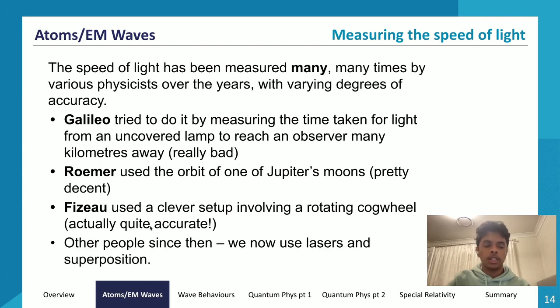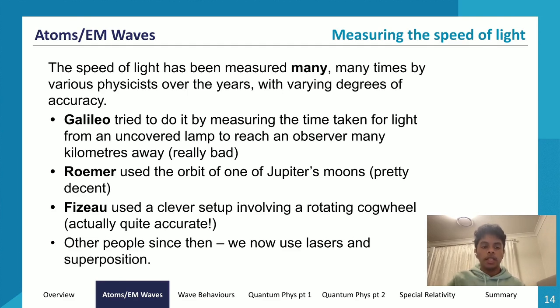Galileo was 1 kilometer away from B, and he had a lamp and a timer. The lamp was covered with a cloth or something that was obscuring the light. Galileo was the only one that had the timer, right? So what he did was he gave B a lamp as well.